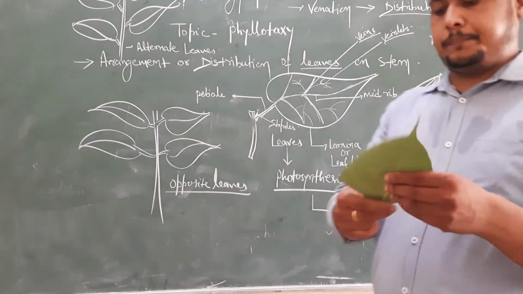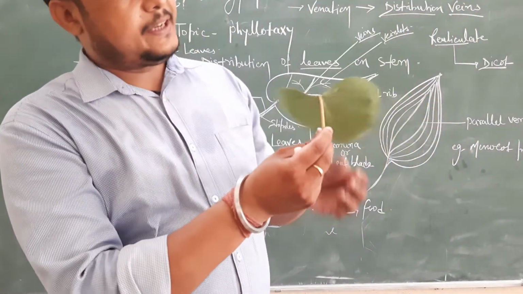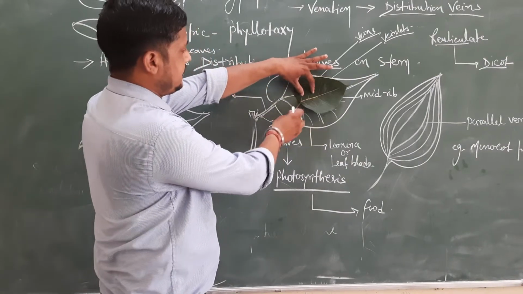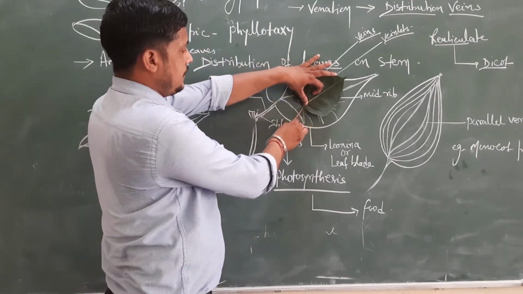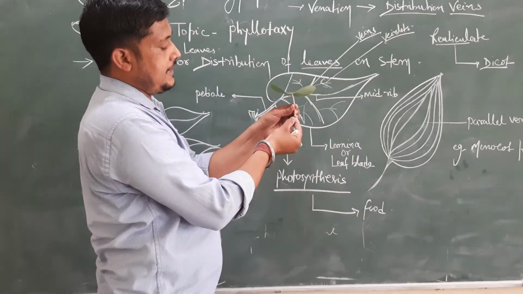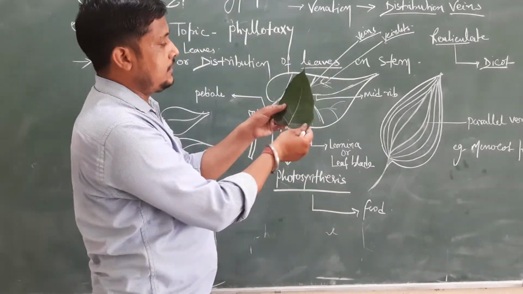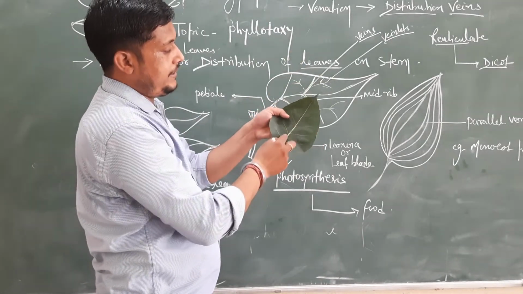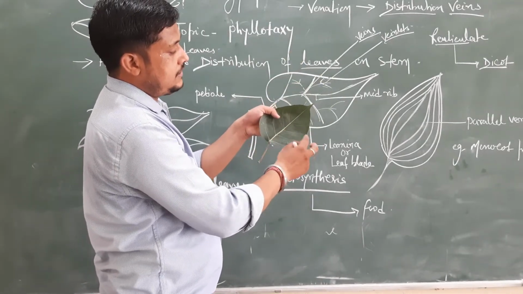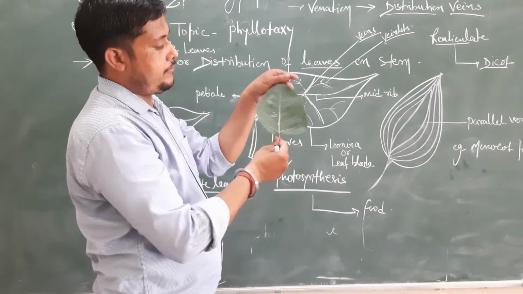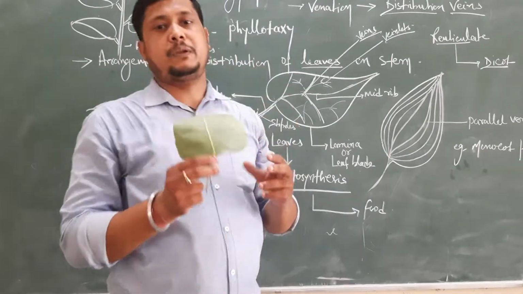And simply I have taken these leaves, suppose this one, this is the peepal tree leaf. This is its petiole, and that is the base of the petiole, which attaches to the stem. This is the lamina, and that is the main midrib. These are the wings, and the small parts coming from the wings are called winglets. So these are the basic parts of the leaves.